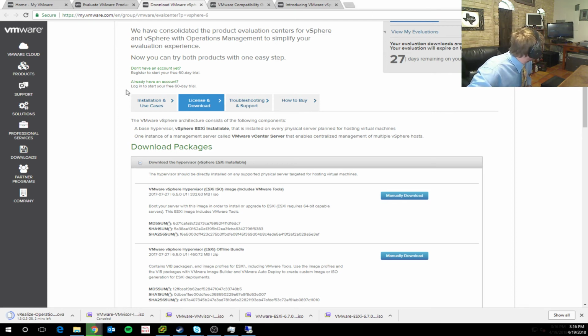Well, I have to say 6.7 doesn't look any different, but I do want to throw up this 6.7 appliance and throw the host in there and see how things interact. I actually want to see if the appliance, just like current vCenter if you install 6.5, has both the Flash and HTML version. So I'm very interested to see if they've got rid of that, if it's still there when you get in